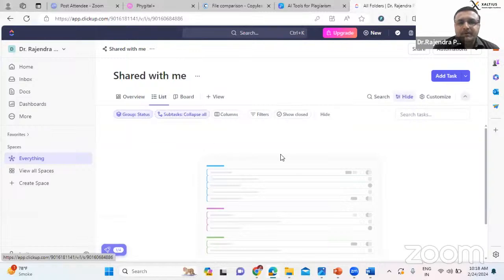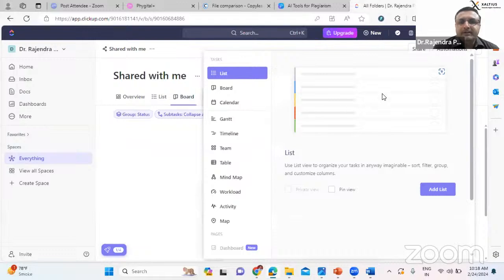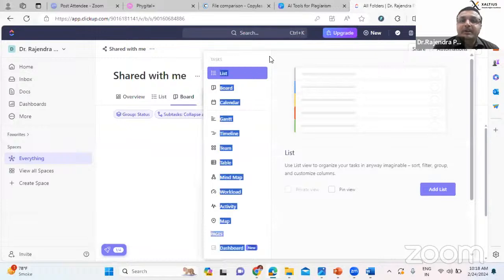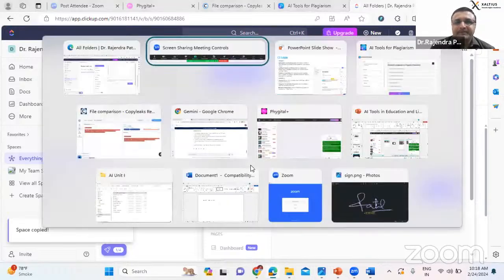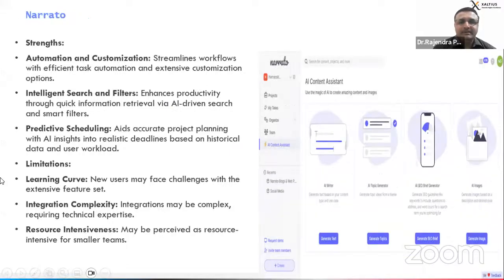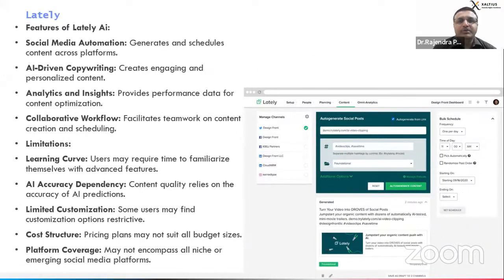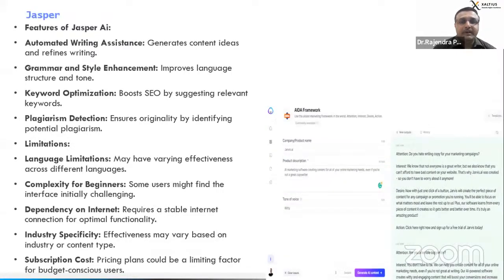I do have limitations here. You can set the groups of people, the boards, the views, and accordingly get connected with them, and decide at what time they should be communicated. So every day at that particular time, the communication will happen. Moving next, the other social media tools are not required for you. But then Jasper AI generates content ideas for you and refines the writing.